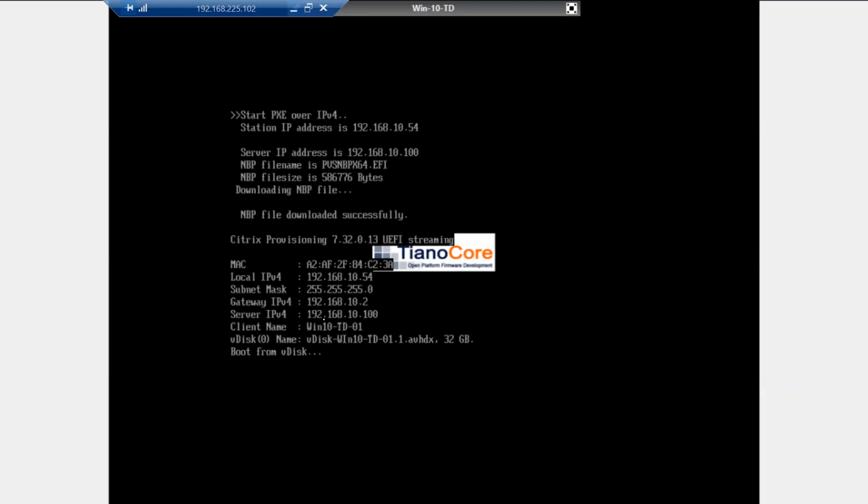So basically, this screen is available only for the technical guys, because the end user will get access to the machine only after boot, right? And this is the screen while